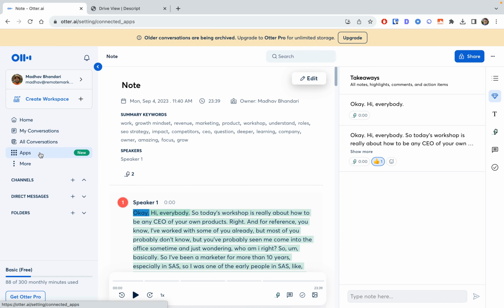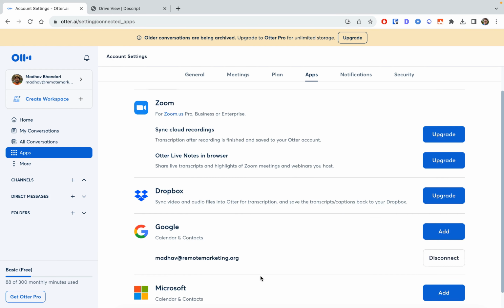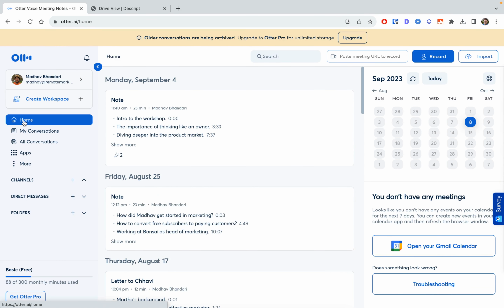Now, they have a lot of integrations because I think the major people that use it are salespeople and everything. So you can integrate it with Zoom. So it records notes from your calls there, through Google Meet, through Microsoft, Slack, all of that. Now within this, it also has some team features like folders and direct messages and channels, and you can do that. But like I said, the heart of what Otter is about is meeting transcription notes, right?